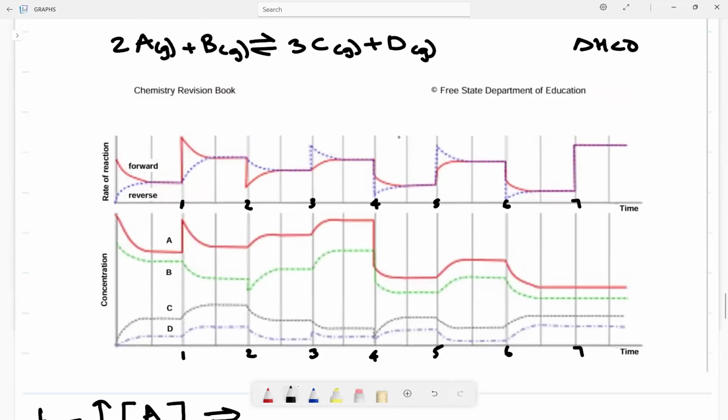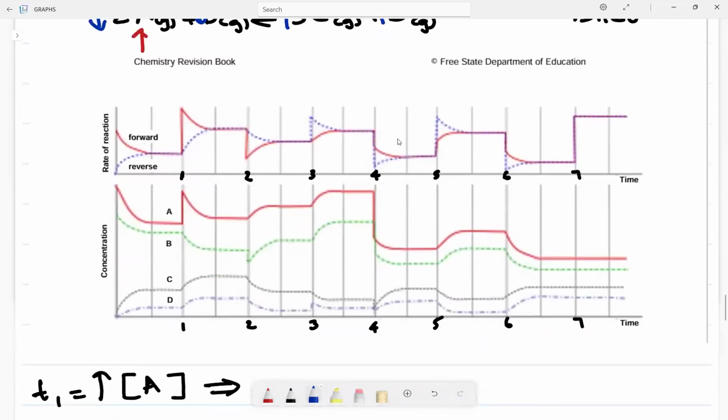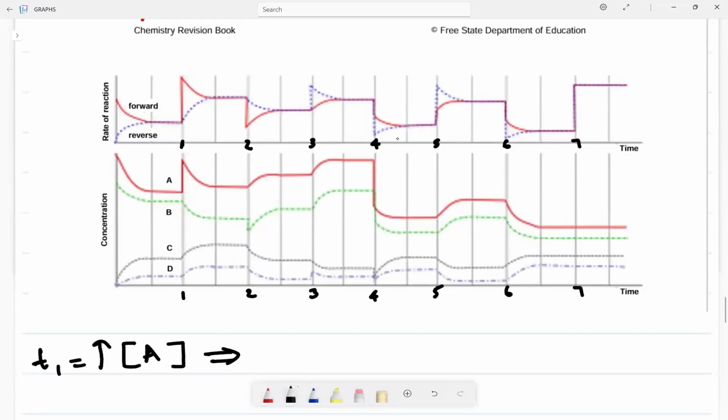Le Chatelier will say, you increased here, right? So I'll reinstate the equilibrium by trying to decrease this concentration. It means I will favor the forward reaction, because I'll transfer the concentration to the other side. Then A decreases, B decreases, C increases, D increases. Therefore, after Le Chatelier, the concentration of the reactants decreases